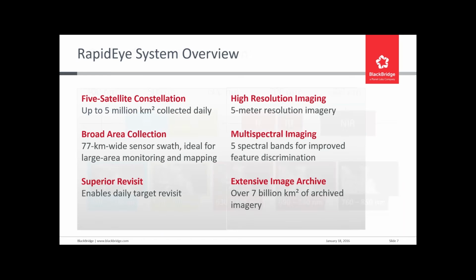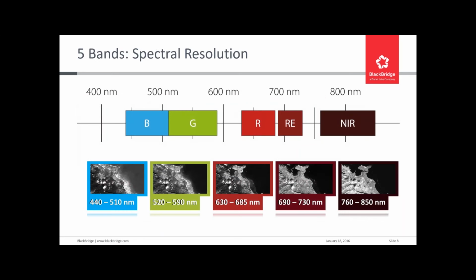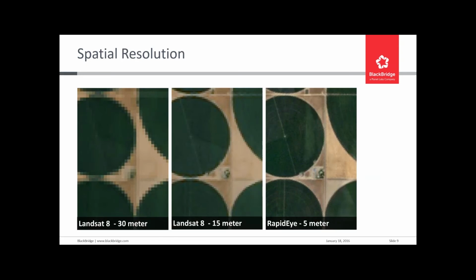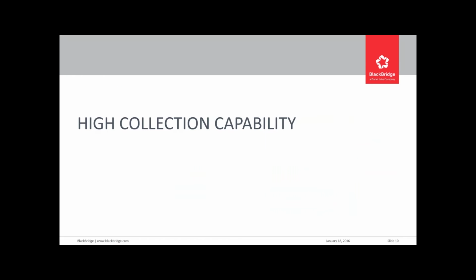However, I would like to focus on the characteristics that matter most for the production of the mosaic. I already talked a little bit about the spectral resolution. We have red edge and near infrared, useful for agriculture and forests. 5-meter resolution is good enough to see how the landscape is and to execute analysis in forestry and regional management environments. But for us, the key characteristic of our constellation that allows Conabio to build their products is